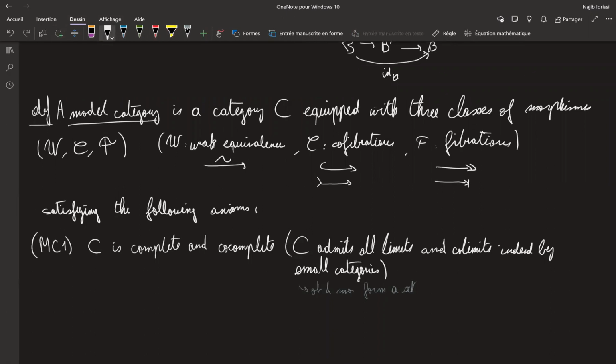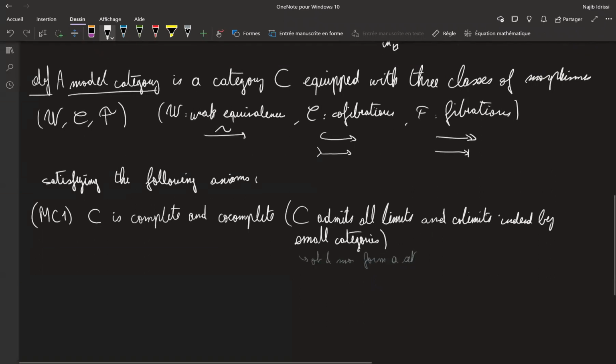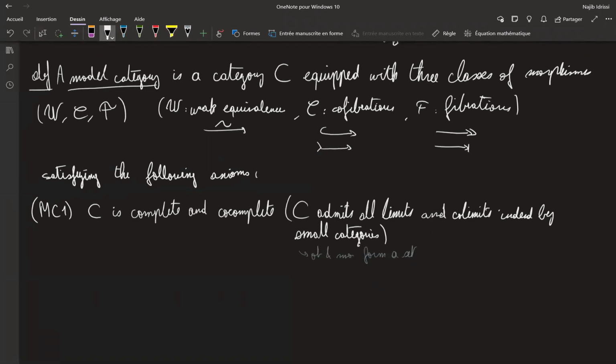Actually, there is a theorem which says that if a category has all limits and co-limits indexed by big categories in addition to small ones, then the category has to be a poset, a partially ordered set. So it's very restrictive,